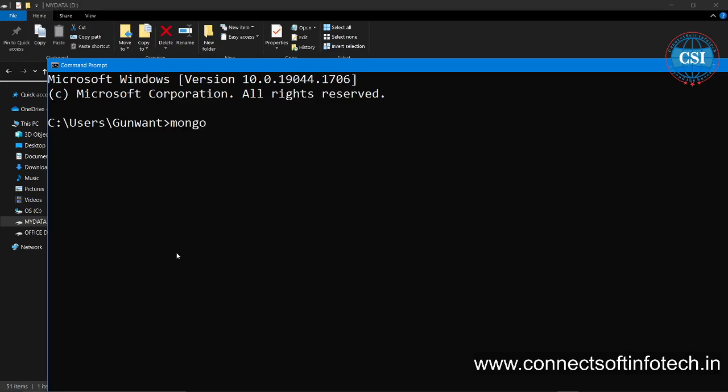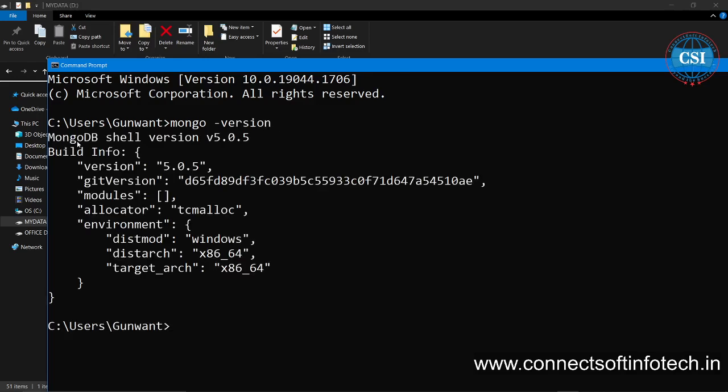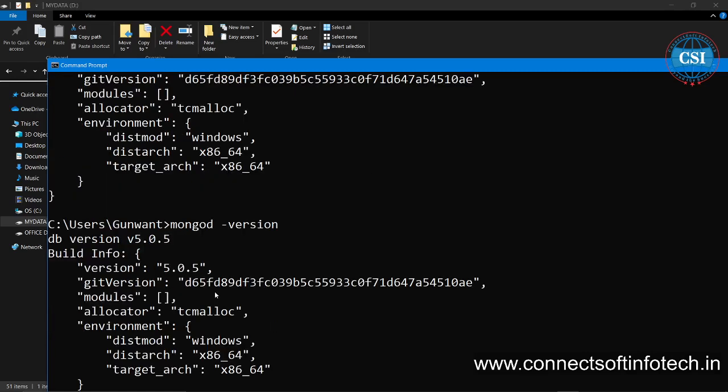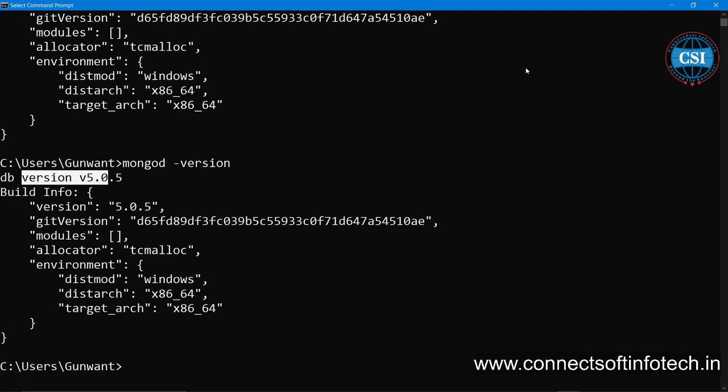You can check here Mongo hyphen version. Okay, so the Mongo shell version is this one. Everything is okay. Mongod hyphen version means the version of the server, and the other is of the shell. This is what DB server is there. Okay, everything is okay. Then start the server,